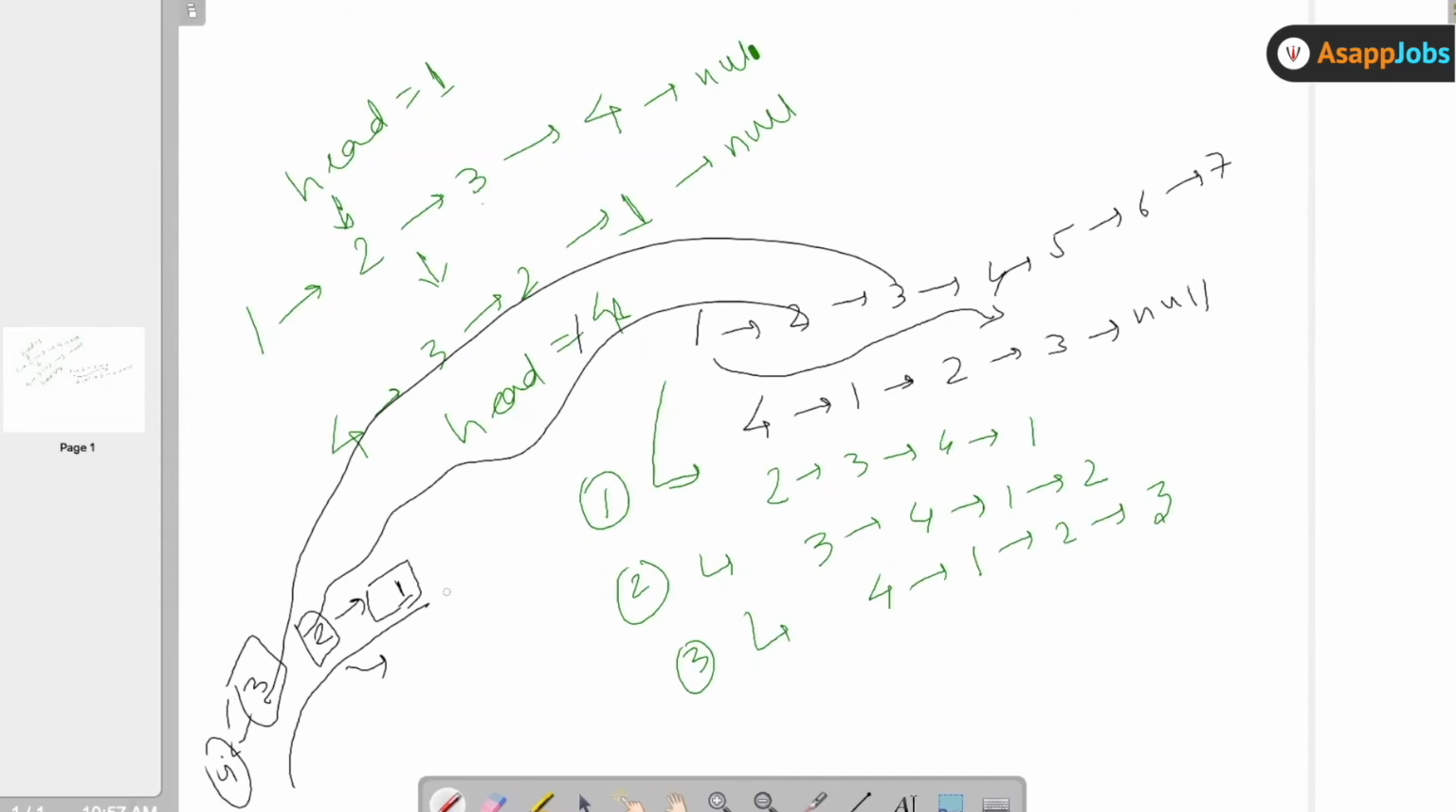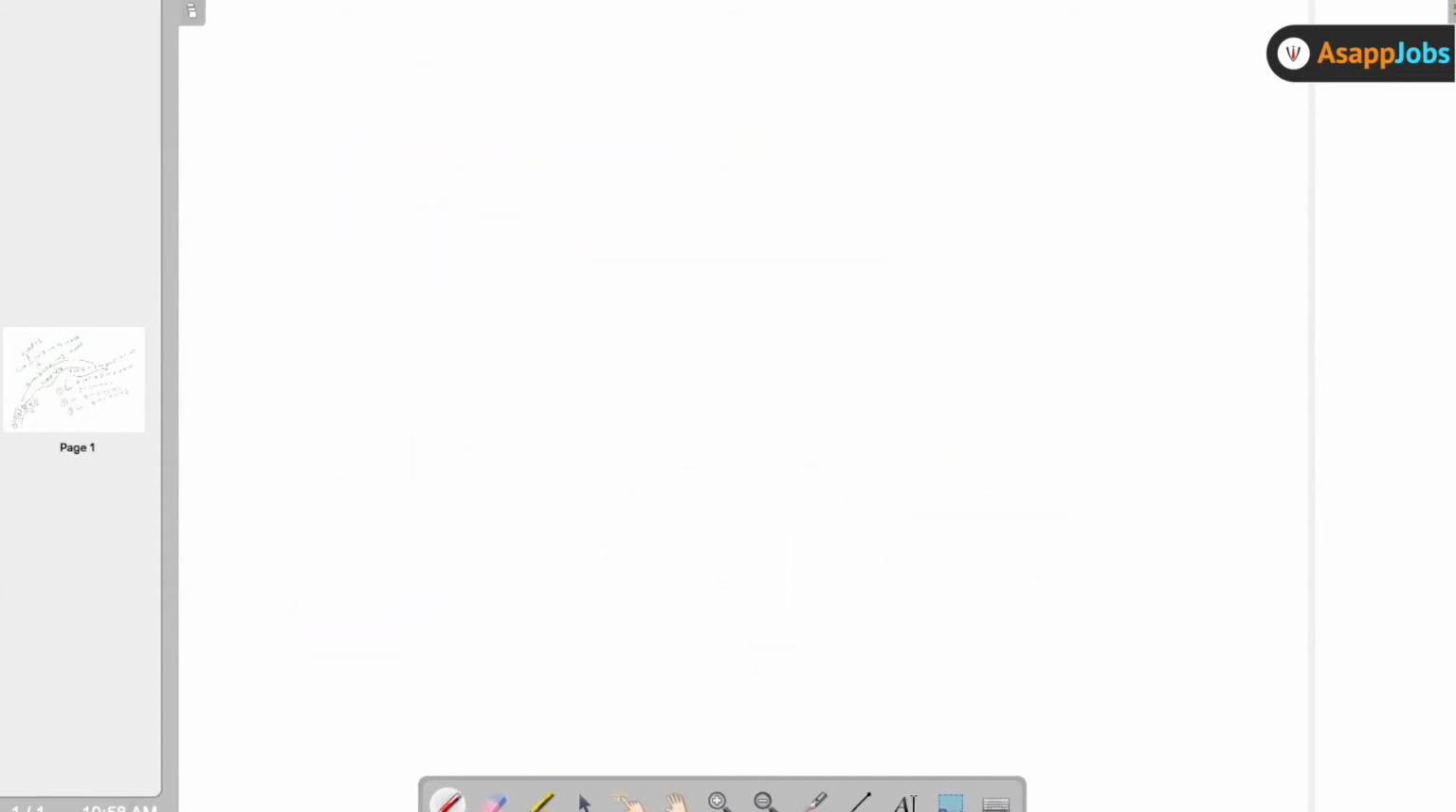The question is reverse this linked list. You are not reversing this linked list. You are creating a new linked list which is the reverse of this given linked list, right? You got the difference? Let's suppose I have a linked list like this: 1, 2, 3, and 4, and it